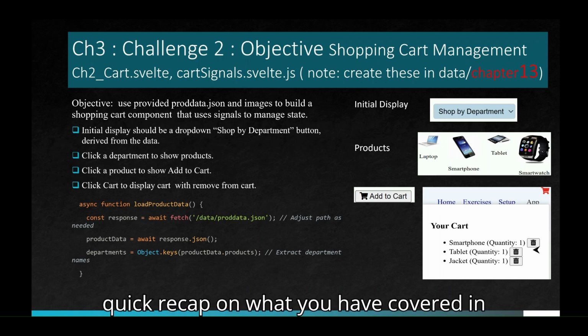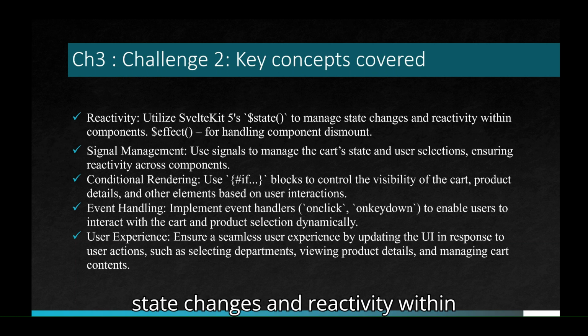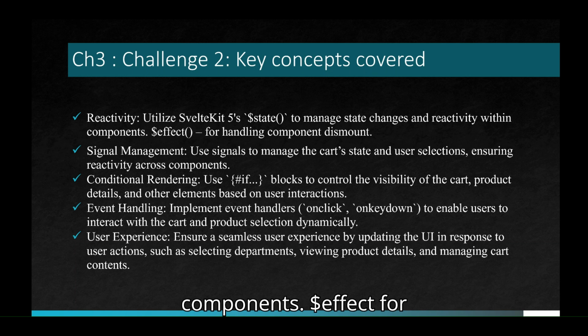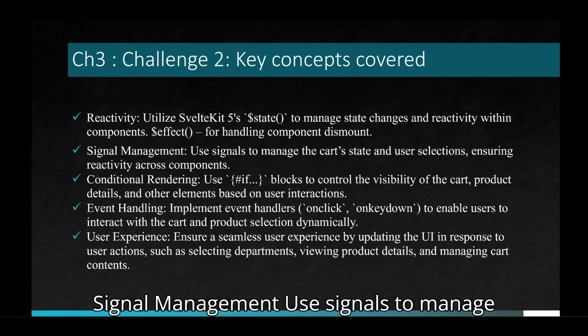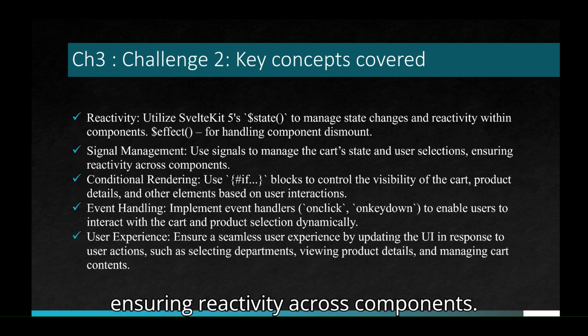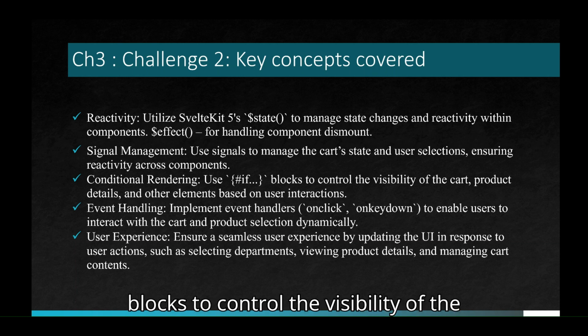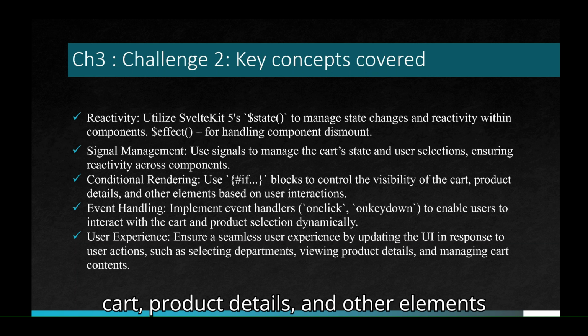A quick recap on what you have covered in Challenge 2. 1. Reactivity. Utilize SvelteKit 5's $state to manage state changes and reactivity within components. $effect for handling component dismount. 2. Signal management. Use signals to manage the cart state and user selections, ensuring reactivity across components. 3. Conditional rendering. Use #if blocks to control the visibility of the cart, product details, and other elements based on